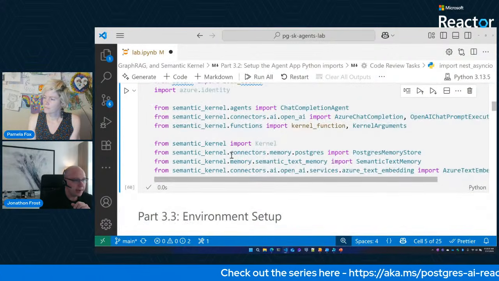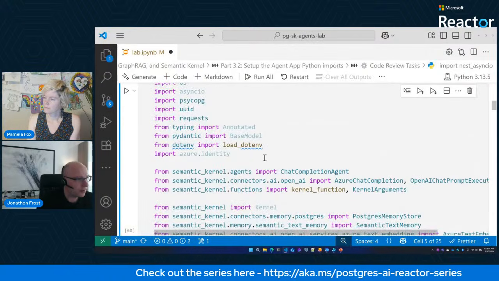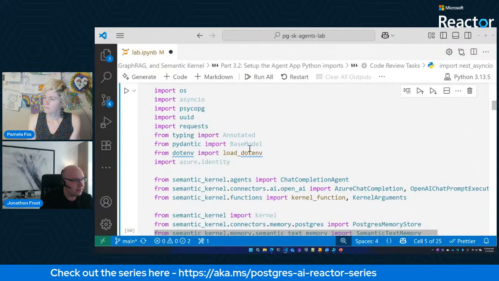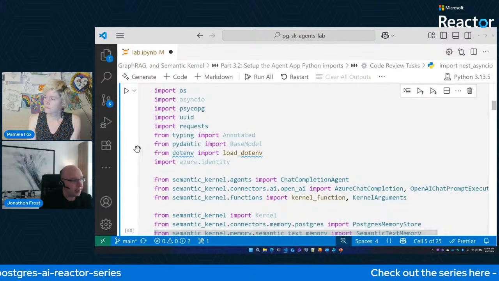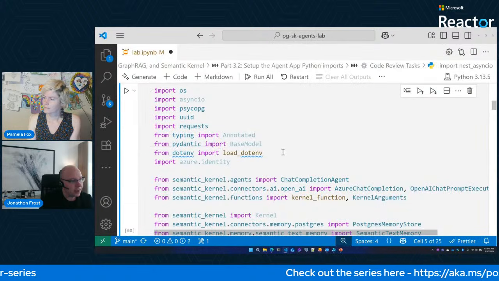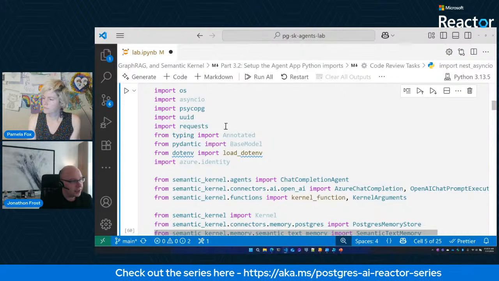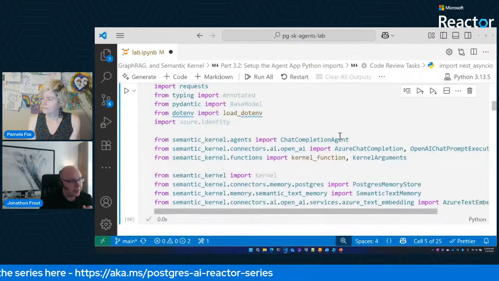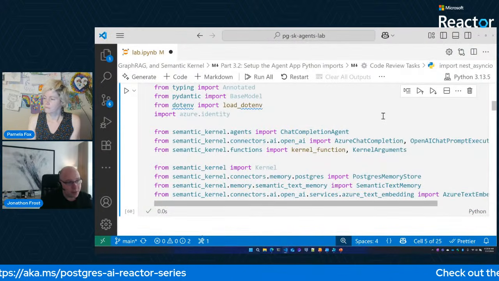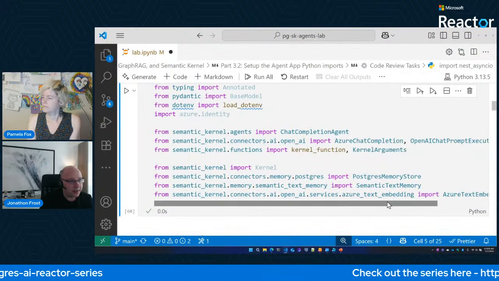You see that ran. And just to talk through the imports for a few moments, you'll see that we're using some fairly basic ones. We're using Psycopg for our Postgres connectivity, dotenv for loading our .env file, Pydantic as well as some other basic ones, requests for making our web service call later on. We're also using, of course, Semantic Kernel, and you can see that we have quite a few imports that we're using for this.